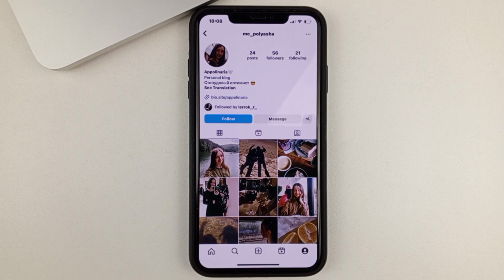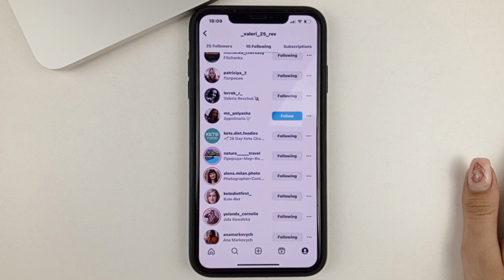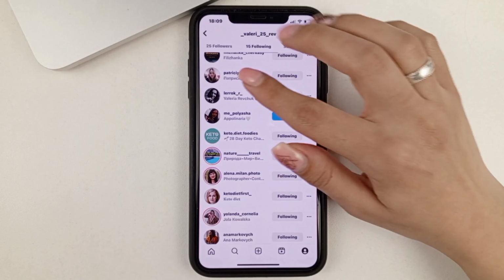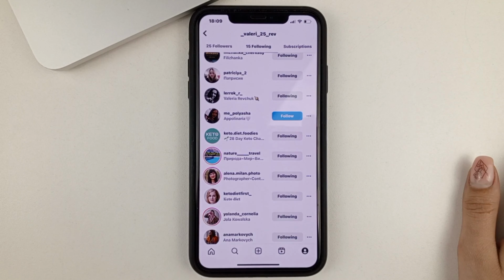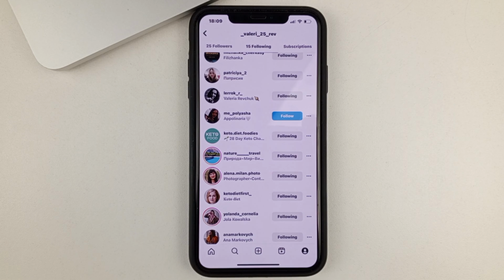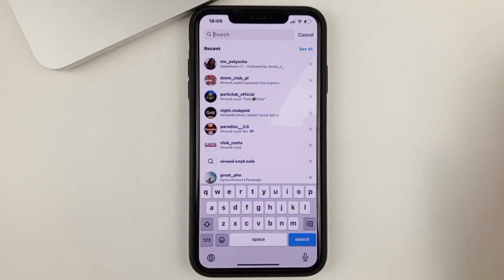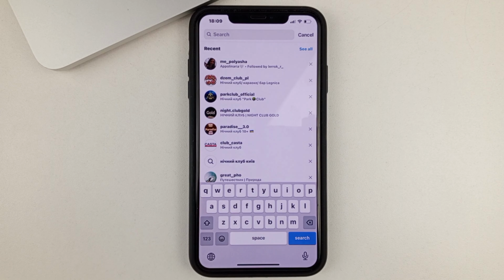If you want to unsubscribe from several people at once, then, unfortunately, this is not possible because Instagram does not have a function to unsubscribe from many people at once. So you either have to go to each person individually and unsubscribe, or if you requested to subscribe to closed profiles, then in the search box, you'd have to go to all those people, typing in their names to cancel your subscription request.